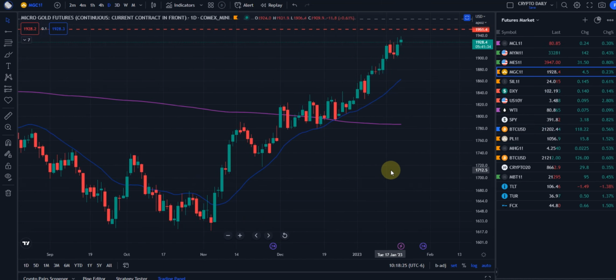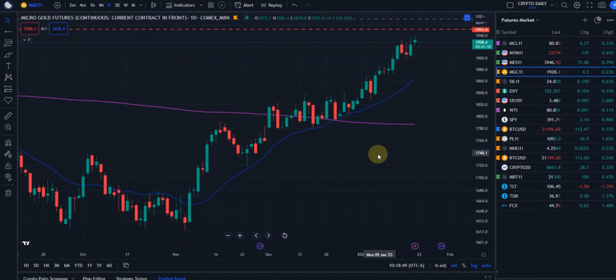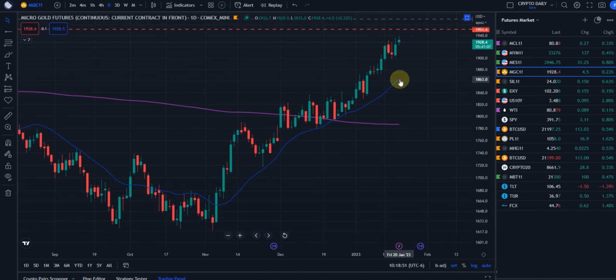The reason being, just like in sports, is time and distance, okay? The last time we hit the 20 was back here on the 28th of December. And now we're far away from the 20. See how high we are? That's one of the things people FOMO in on. They see these big run-ups. The trick is, if you just put the 20 simple day moving average on there, if you're far away from it, that's where you need to be scaling out.